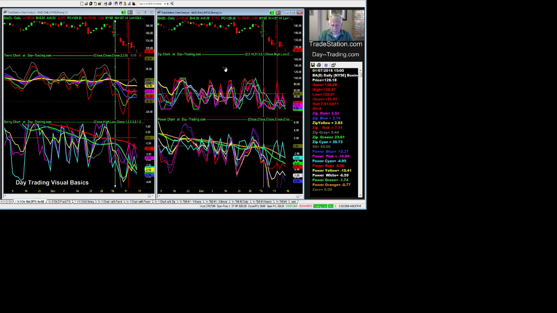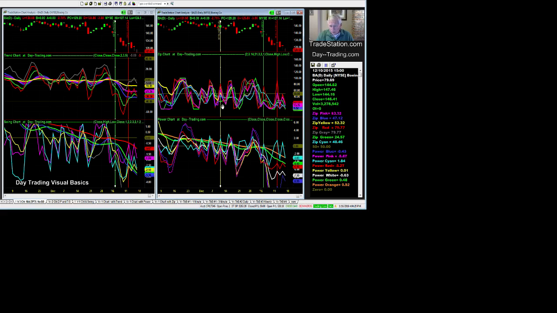And just finally, I just spotted one thing that I want to show you, and I'm going to put a vertical line right over here, and this one I'm going to change to yellow. Now look at here, I've got a red top, a red peak, zip red is at 79, so that's working real nice. And yesterday the zip red was at 39. So it went from 39 to 79. So it also went up 40 points. And so there's nothing wrong with that. But the next day,